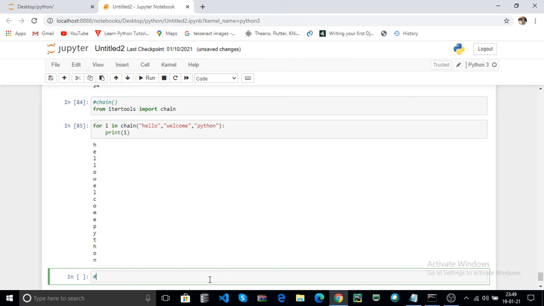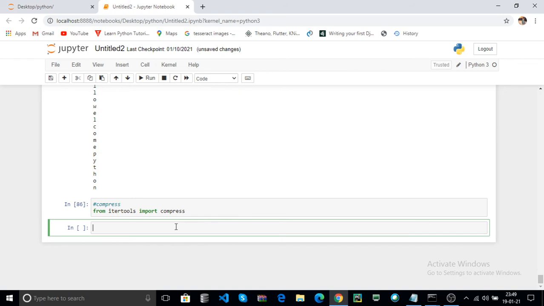Now the next function is compress. From itertools, import compress, click on run. For i in compress of, here you can pass, for example, one string.